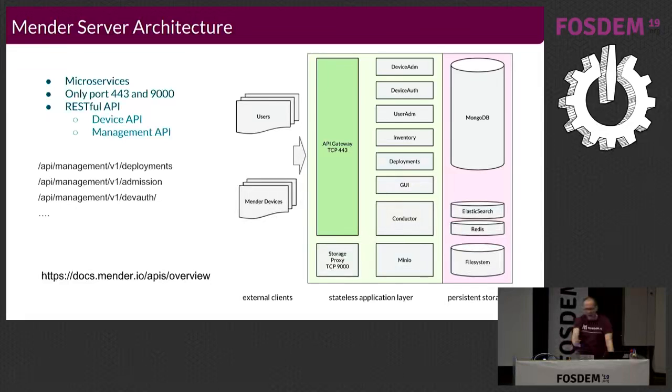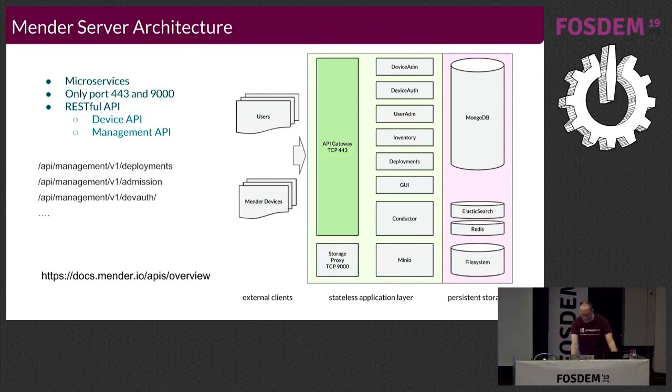And all the components in green are stateless, which means they scale very well horizontally. So if you have a very large device fleet and for your particular use case, say it's your inventory subsystem that is your bottleneck, well, you can just add more containers. You can scale the containers running the inventory service, just add more of those, and that should help